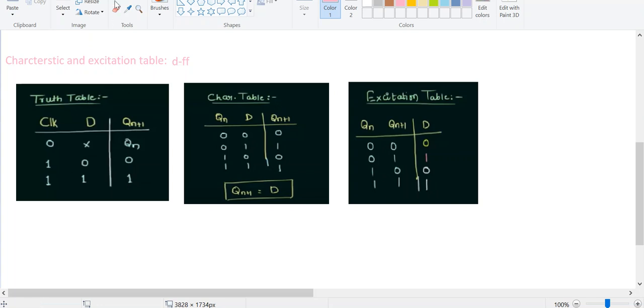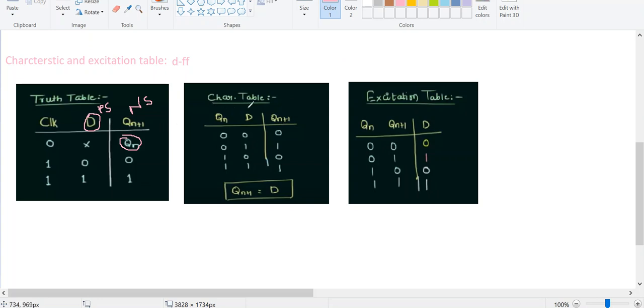From this truth table, we can simply state that this is our next state. In the next state, my variable is Qn+1. In order to get this next state Qn+1, I am dealing with this Qn and along with this the input value D. So here my D is my present input and my next state is Qn+1 along with this Qn. From this truth table I can draw my characteristic table. A characteristic table is derived from the truth table and the excitation table is derived from the characteristic table, as we explained in the SR flip-flop.